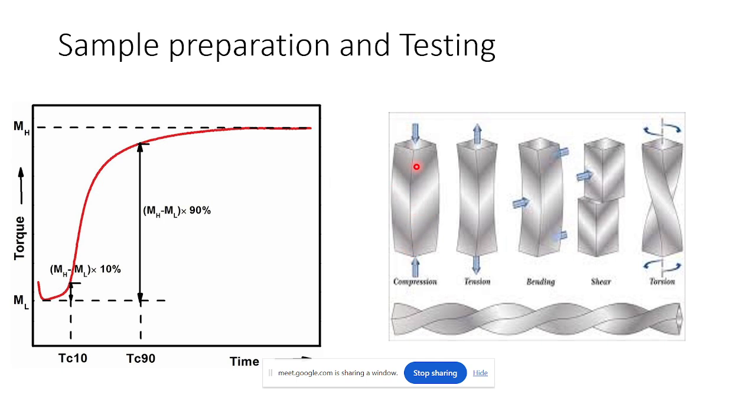So for compression the force will be in that direction. For tension it will stretch in different direction of the same material. For bending the direction of force will be different. Shear, where two surfaces at different angle are stretched. For torsion the angle of giving stress is different, and this is a very important curve for rubbery type material, because